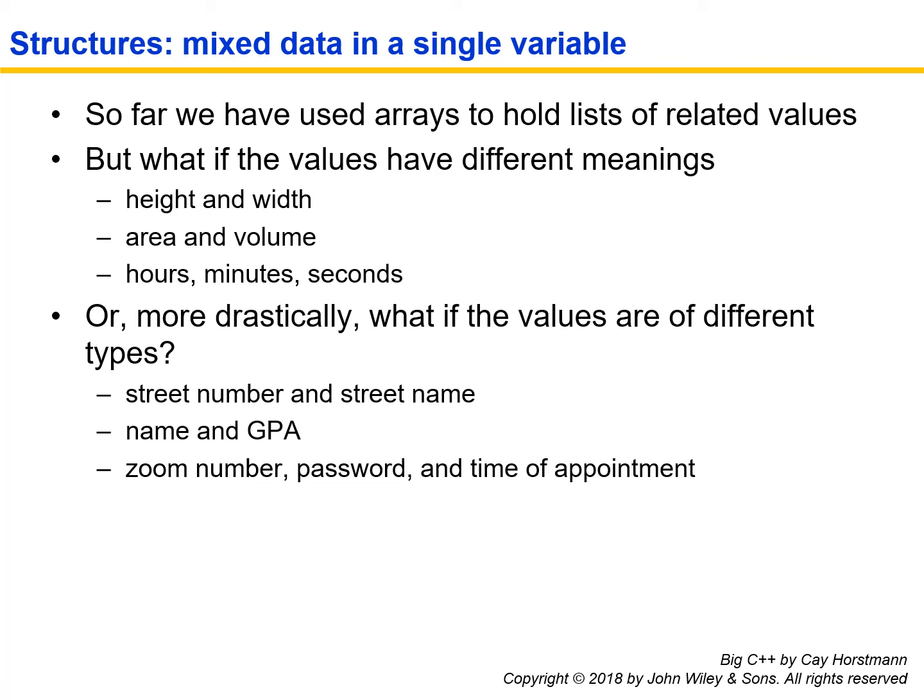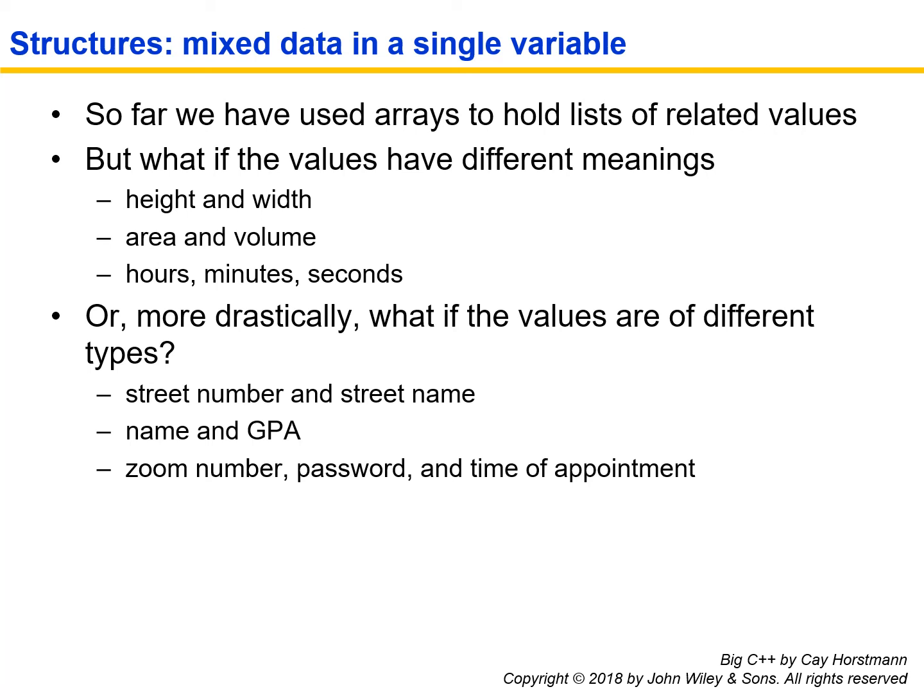But what if we had values of different types? What if we have a street number and a street name? What if we have a name and a GPA for a student? What if we have your Zoom number, your password, and your time of appointment for a Zoom meeting? We couldn't store those as an array